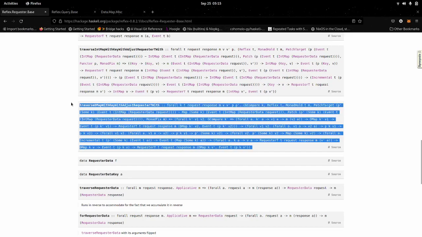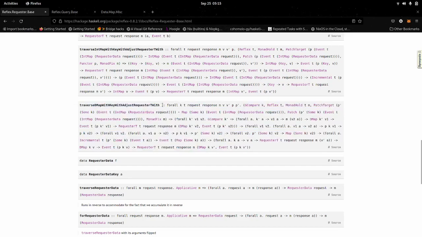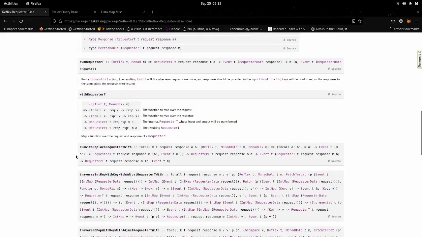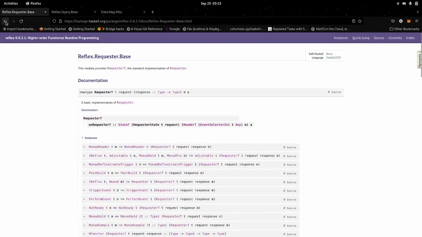And like, oh my gosh, I can barely even read what that word is. traverseDMapWithKey with adjust requesterT with. I don't know. I will never use this function in my entire life. Well, I will, but I will probably use... What I will use, actually, I can show you, is